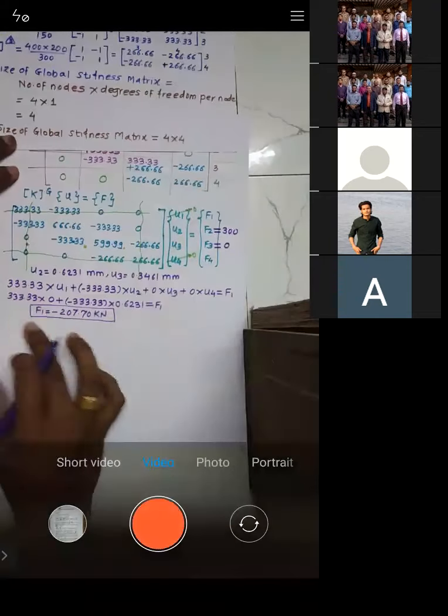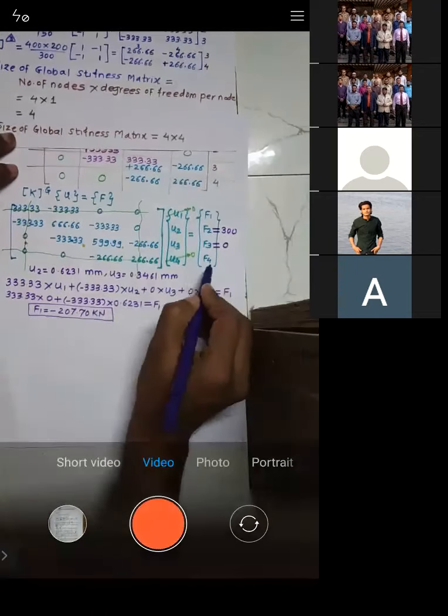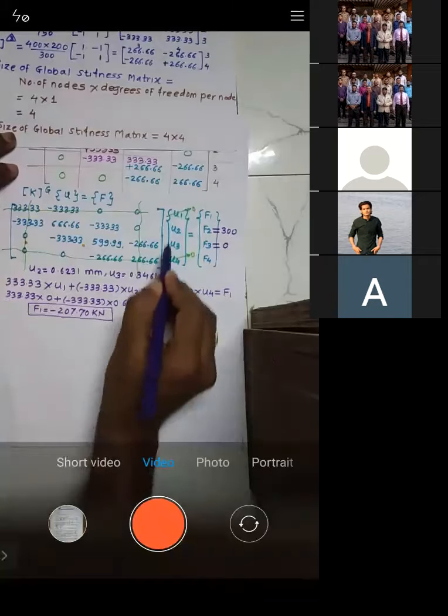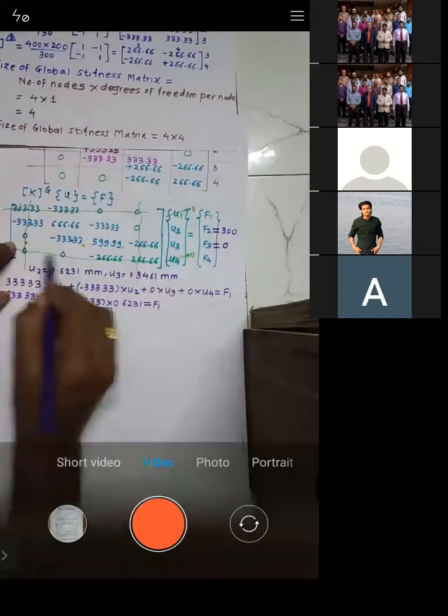Okay, this we have done for F1. Similarly, we need to do it for F4 because U4 is 0, and we will get reaction F4. This row is multiplied by this column.